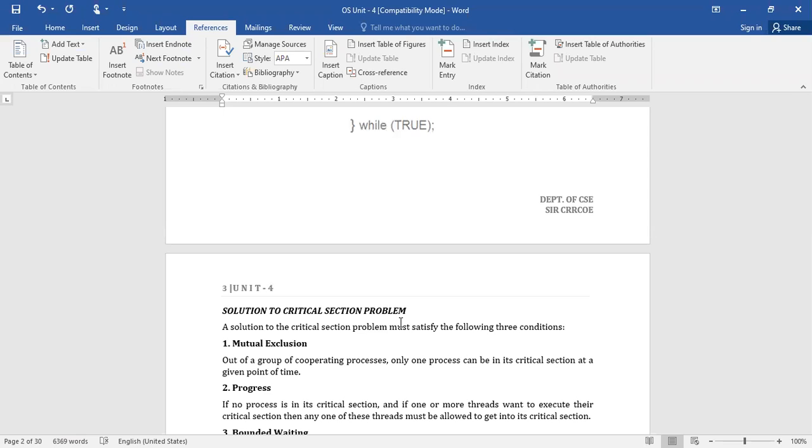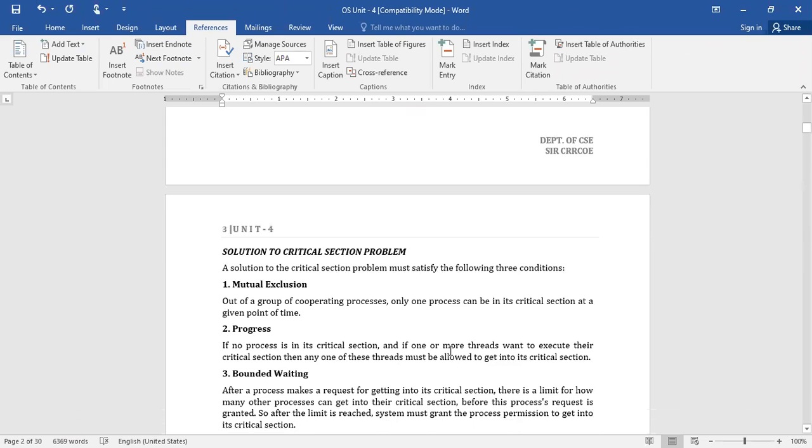And the second one is progress. Progress means, if the critical section is idle, and one or more threads or processes want to execute or enter into the critical section,